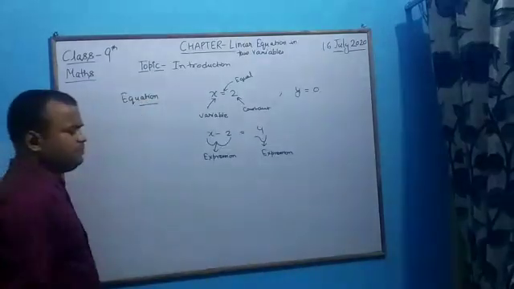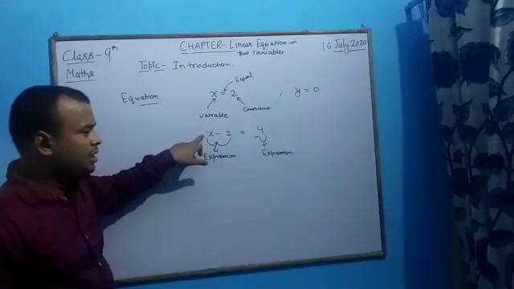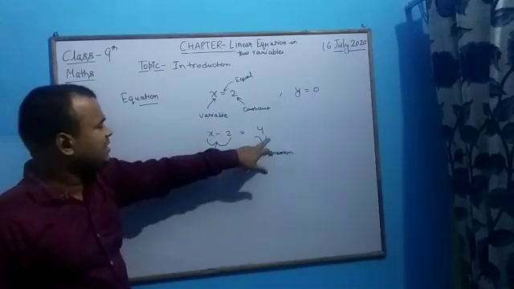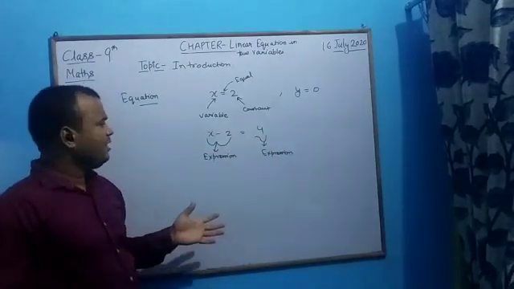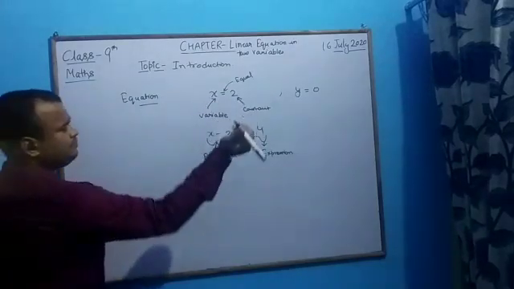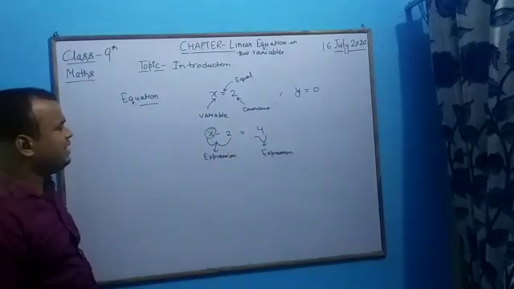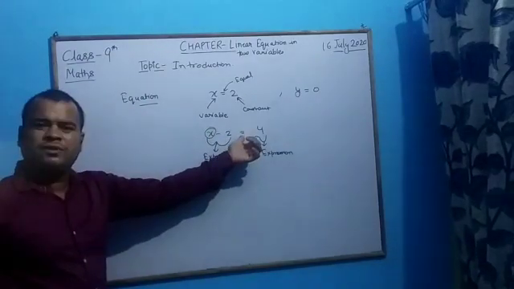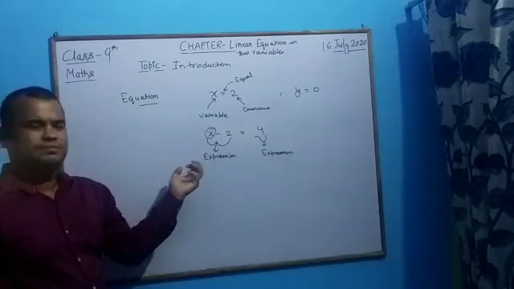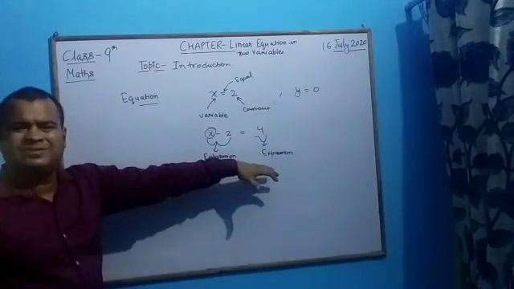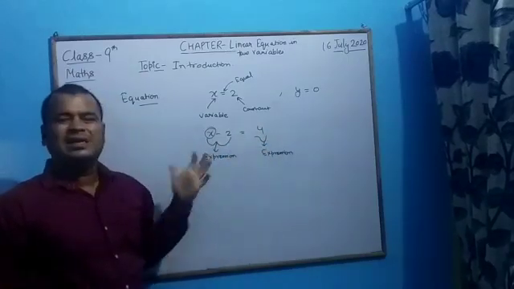Is there some difference in both the expressions? Yeah. In this expression there is a variable whose value we don't know, and in this expression we know the value because it is a constant. So here I can say that it is having only one variable. And when we are using a sign of equal, it is called an equation. We are using variables, we are using constant, and we are showing a sign of equal. That means it represents an equation.